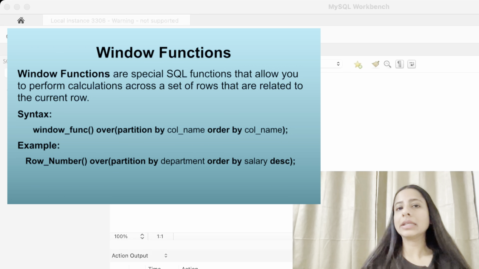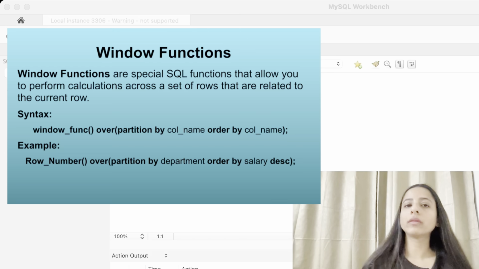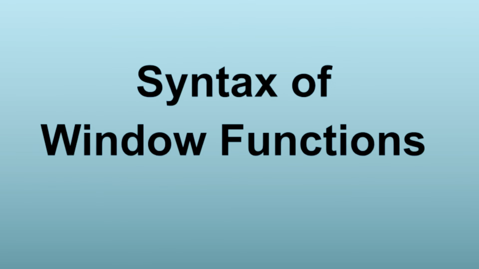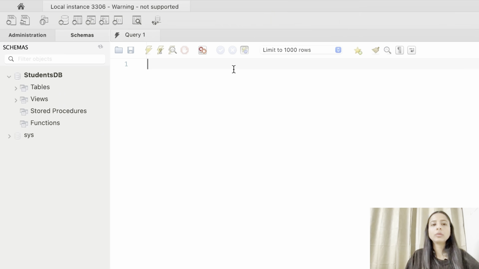But before that, let me briefly explain the syntax of a window function. We will write the window function, then OVER, then PARTITION BY followed by a column name, then ORDER BY again followed by a column name, and you can close your parenthesis.